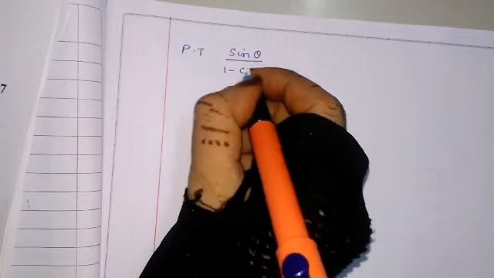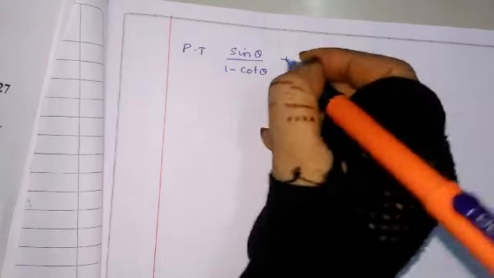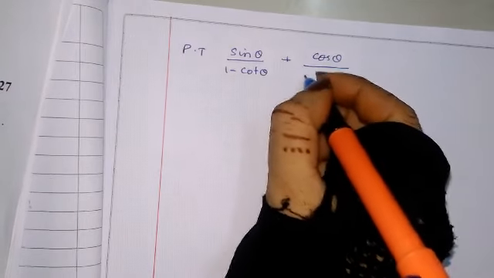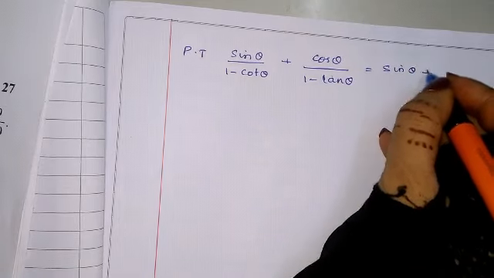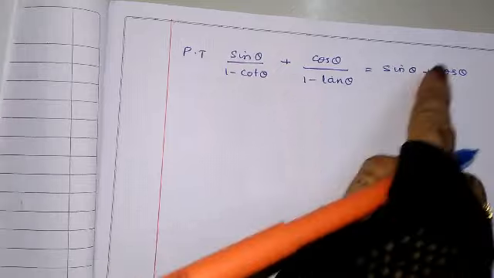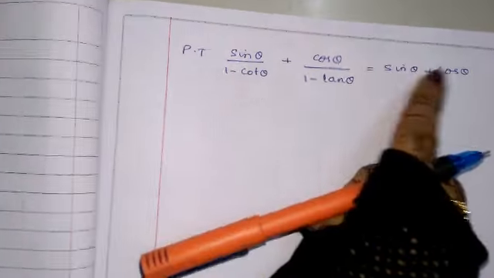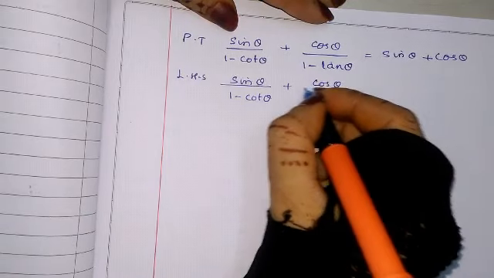What is given? Prove that sin theta upon 1 minus cot theta plus cos theta upon 1 minus tan theta is equal to sin theta plus cos theta. This they have given and we should bring this answer. We have to prove the answer sin theta plus cos theta. Let us take LHS. LHS is equal to sin theta upon 1 minus cot theta plus cos theta upon 1